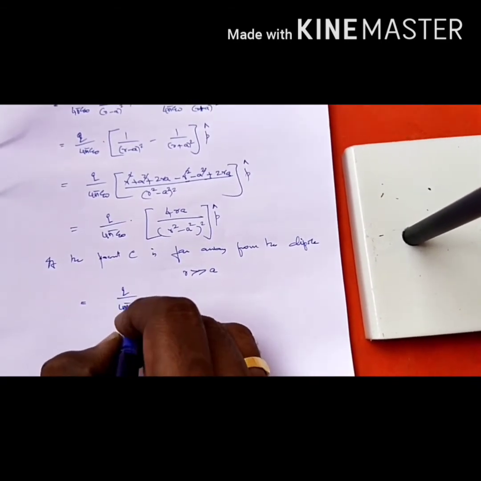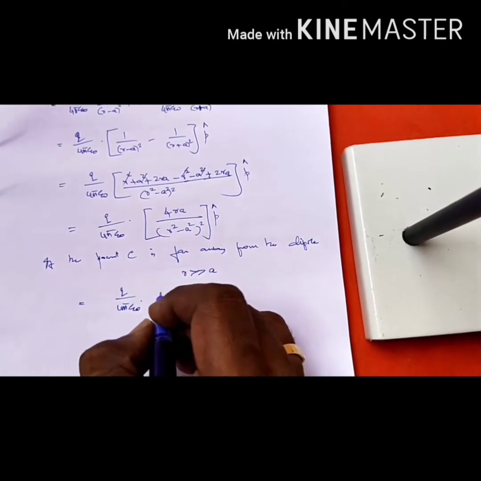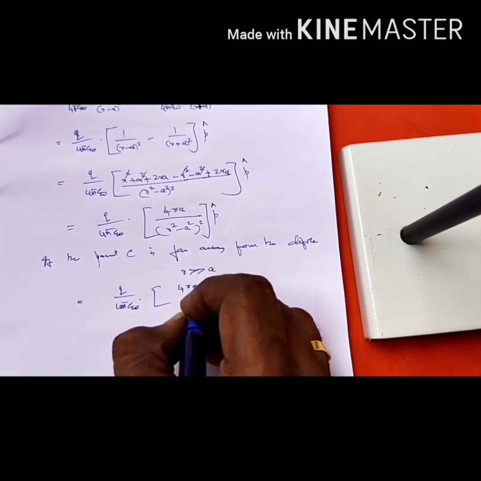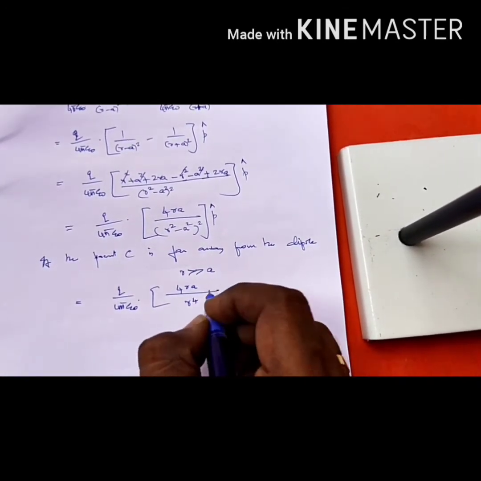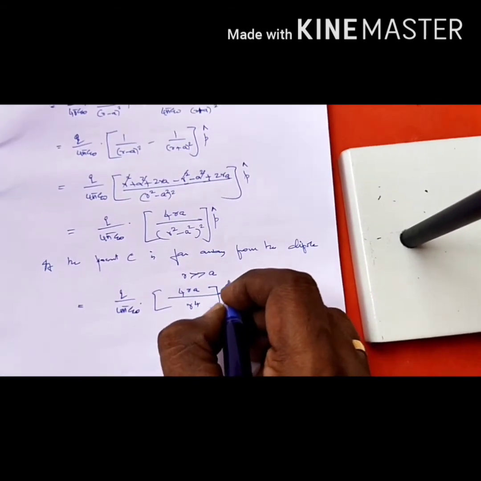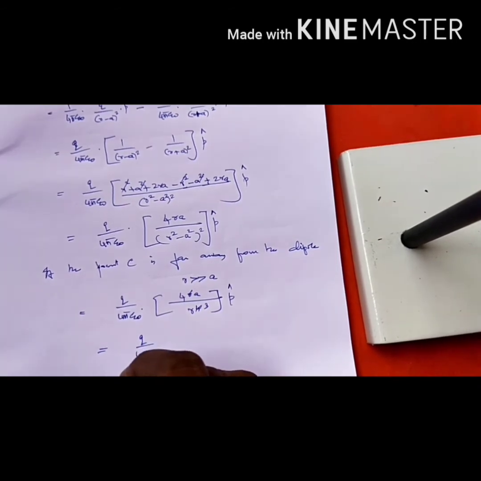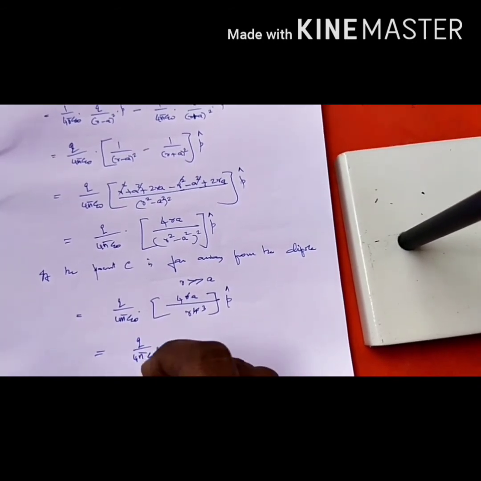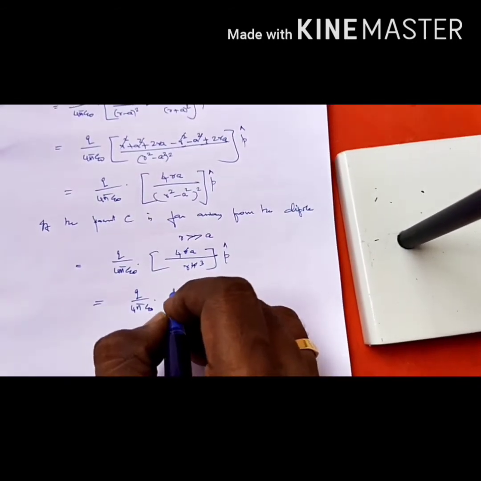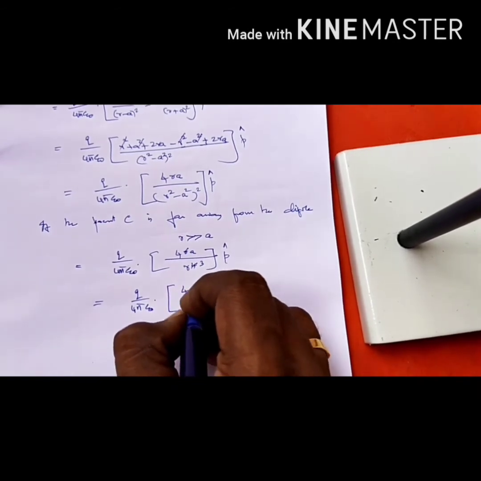Q by 4 pi epsilon naught into 4ra divided by r power 4 into p cap. Cancel r. You will get q by 4 pi epsilon naught into 4a by r cube